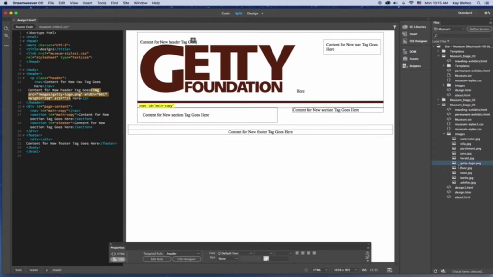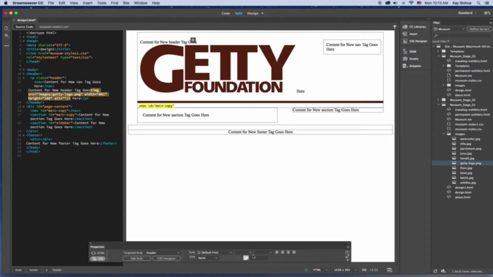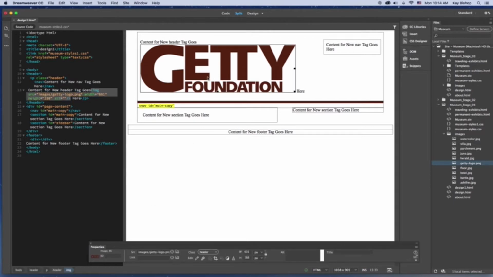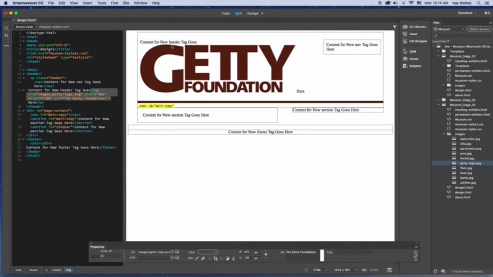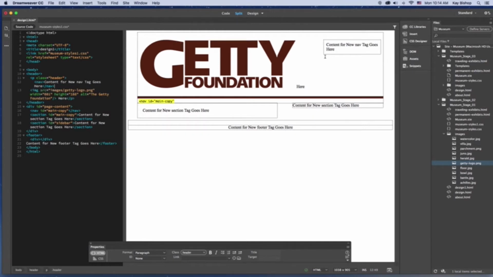And using the Properties panel, we can define the Getty Foundation in the alt text. So here's my Properties panel, and I can select the image and type in under alt text the Getty Foundation. I can go back and delete this content for new header tag placeholder text, and then I can delete the placeholder text for the nav element and replace it with new text. So I'm going to type in about the Getty